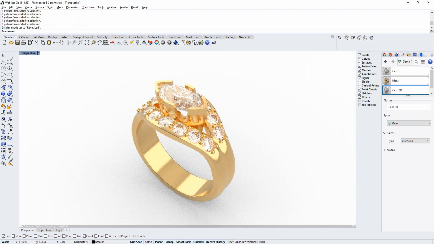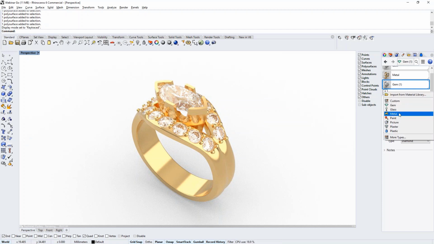Now this diamond material is actually built right into Rhino. While we're waiting for this, let me just show you how we can add a material. I want to add a material here, and I'm not seeing my little plus button. There we go. Boom. So we can add a metal, a glass, a plastic, or a gemstone. So the way we created this diamond rendering was to just click on gem, call it a